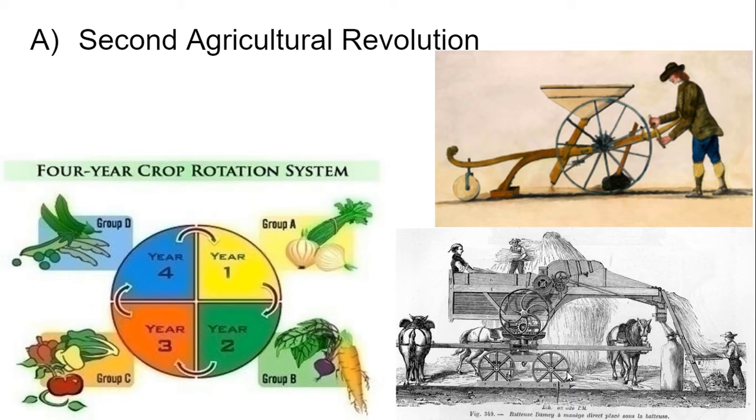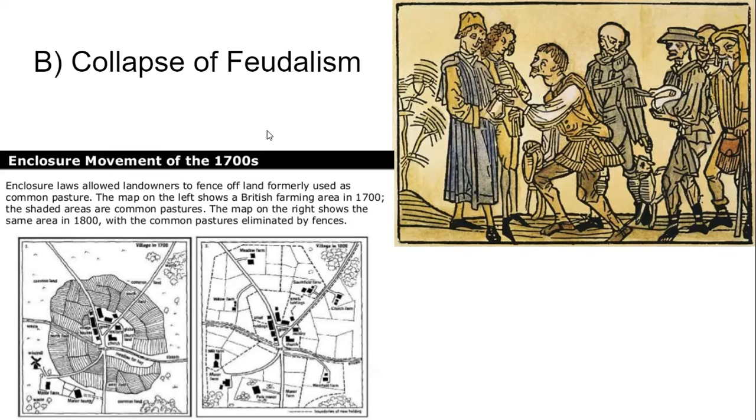So, on the one hand, this is spectacularly good. Obviously, increasing the productivity of farmers is going to increase the amount of food that is produced, but there are going to be some unintended consequences of this as well. Obviously, fewer people doing the work means that fewer people are needed to do the work. And so this is going to lead to a cutting down of jobs and the eventual collapse of this whole feudal system. As large landowners are able to farm more land with fewer people, we start getting the enclosure movement. Large farmers are going to enclose larger areas of land,